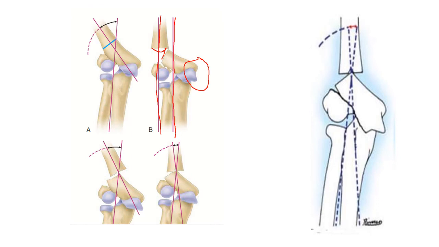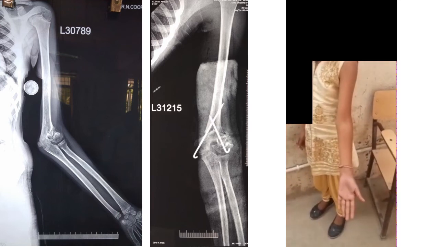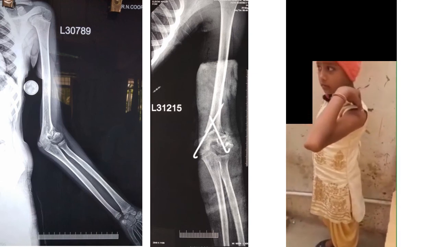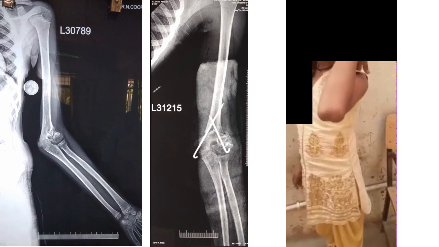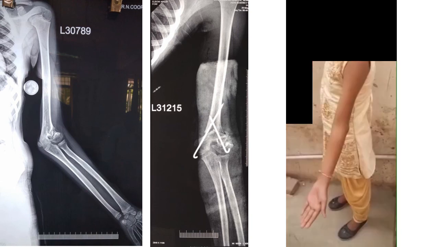So not only do you have to do a transverse osteotomy, you also have to do a displacement osteotomy. The distal fragment has to be displaced into the middle of the medullary canal of the humerus, then the axis alignment becomes more or less normal. And as you can see here in this pre-op and post-op x-ray, you just need to fix it with 2 K-wires. You don't address the malunion at all. You don't address the non-union at all. You leave it as it is, and this child will have full functional range of motion.